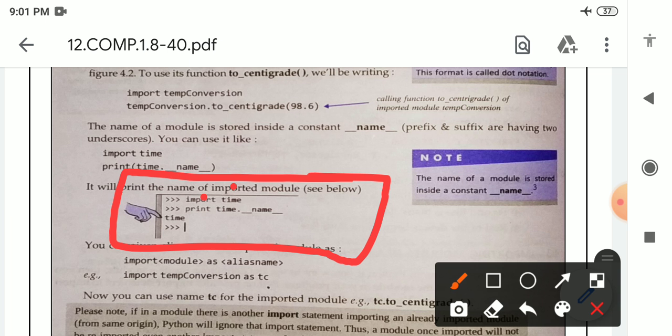Time, the name of the module, dot, underscore name underscore, the constant. When this print statement executes, we will get the output time. Time is here what? The name of the module. So the constant underscore name underscore stores the name of the module inside it.